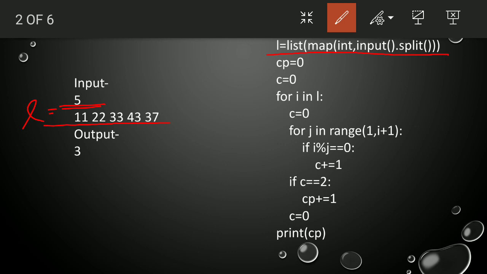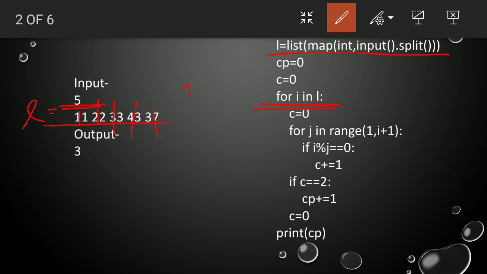Now we will check for prime numbers. Whenever the prime number concept is there, we must use two for loops. This is compulsory if we want to find whether an element is prime or not. So how will we take it? The first loop will run for the number of elements in the list: first element, second, third, fourth and fifth. So this first loop, the i loop, will run for the number of elements in the list.